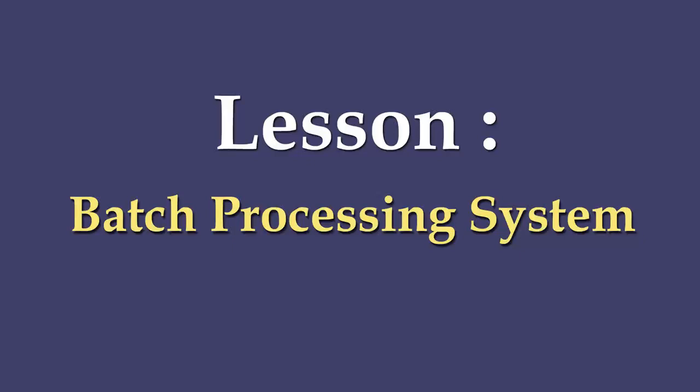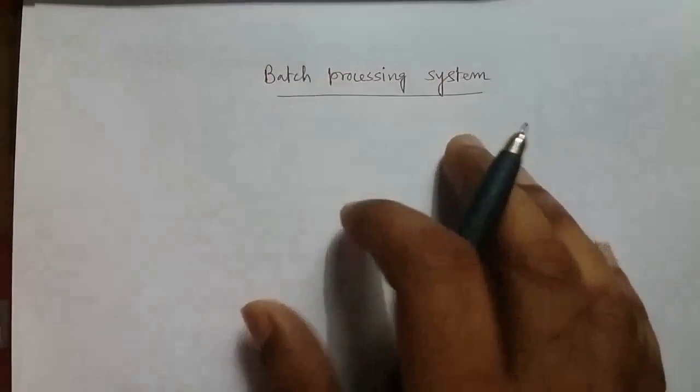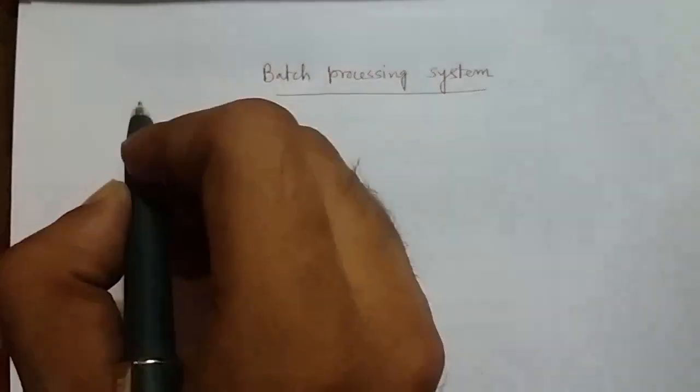I am sure that you know what is operating system, but do you know that there are different approaches or modes by which an operating system can manage the overall operation of a computer system? So today our lesson will be to discuss in detail about one of the modes or approaches of OS, that is batch processing system. So batch processing system, and the definition is,